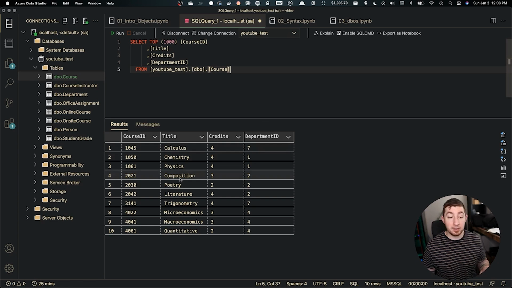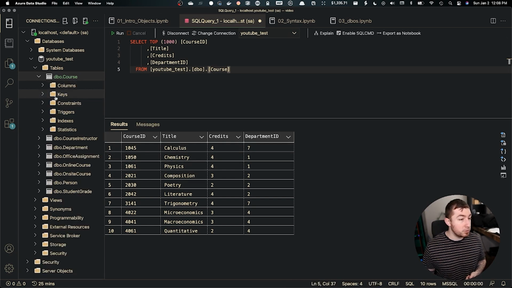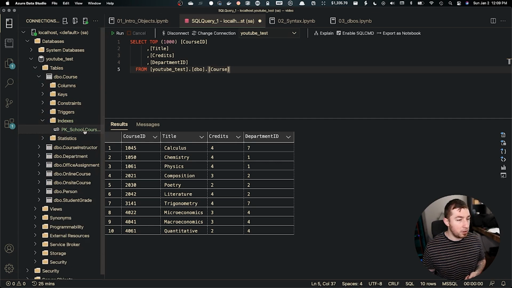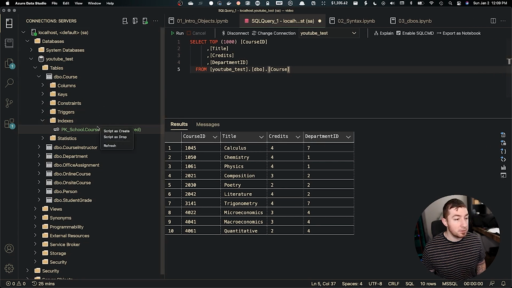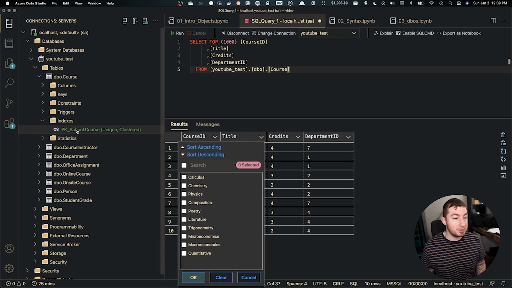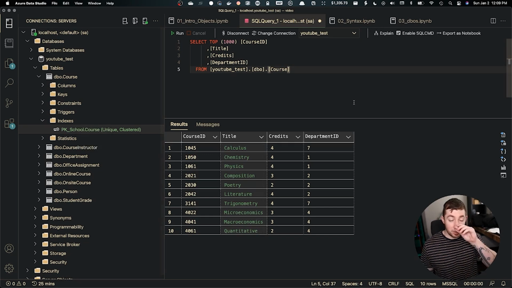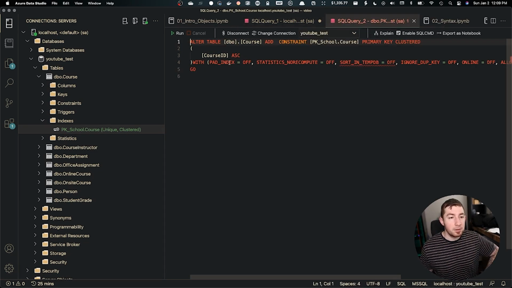And because it actually has that unique clustered index, which we can look at, which is that index on? On course. So we can see that course ID, School.course unique clustered. I guess it's not on the title, but in any case, we can script as create and we can see what it looks like. Primary key clustered on course, school, course ID. So we can see that, and you can ignore all of this stuff, but basically the index is on course